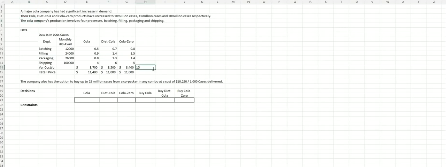So I'm going to go ahead and start expanding our data table to include those purchased items. So I'm going to put that across the cost. Okay. The retail price is going to match the other retail prices. And then it's the idea that for each one of these colas, we have the buy cola, the buy diet, and the buy zero